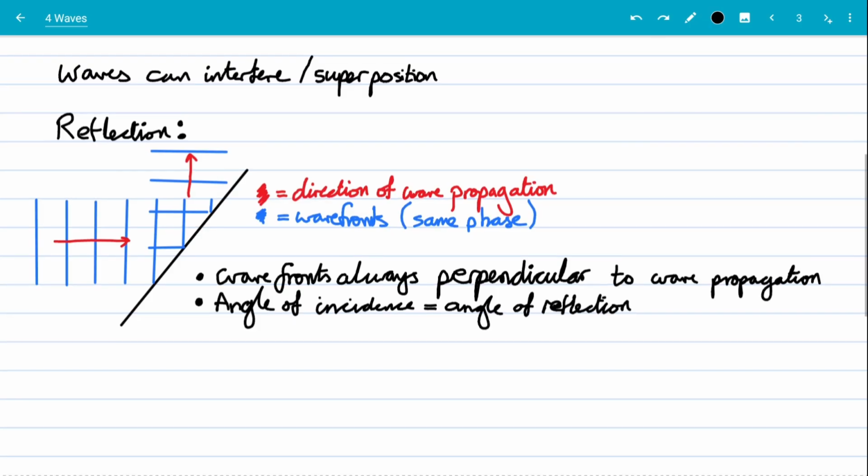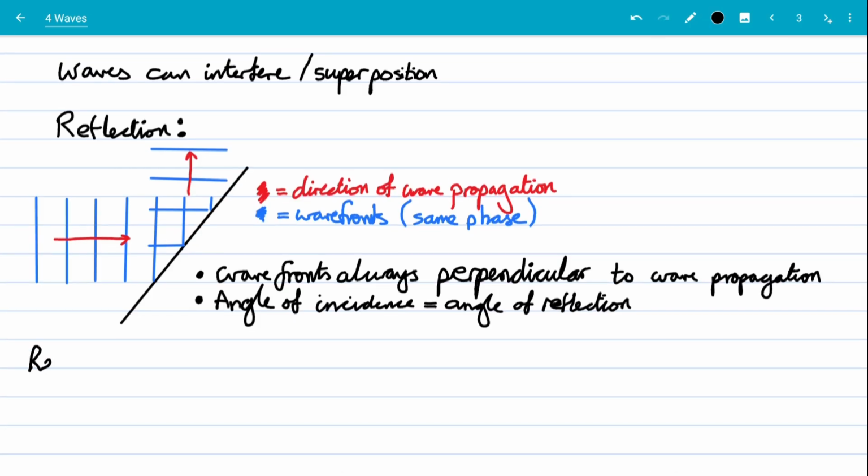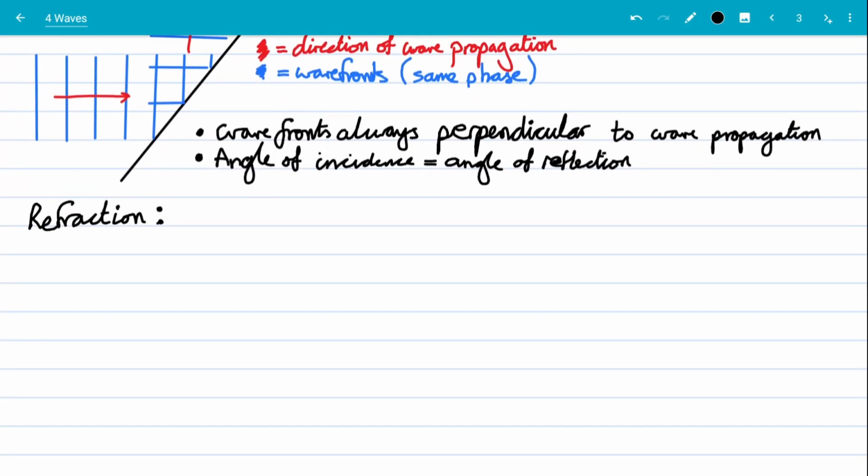What else can waves do? They can refract. Refraction. Now, refraction is caused by a change of speed of the wave. And we can see a change of speed in the wave if you take the water waves, if we make